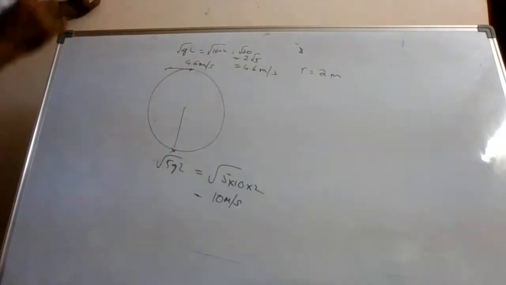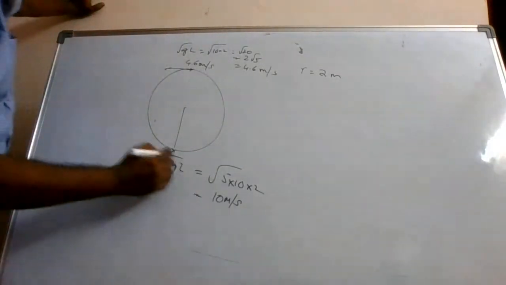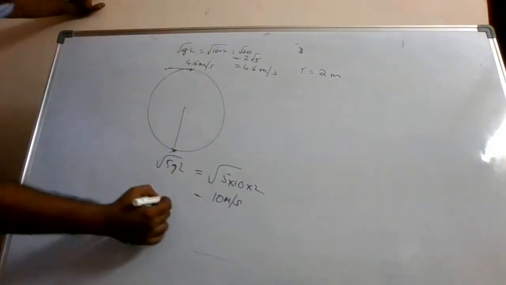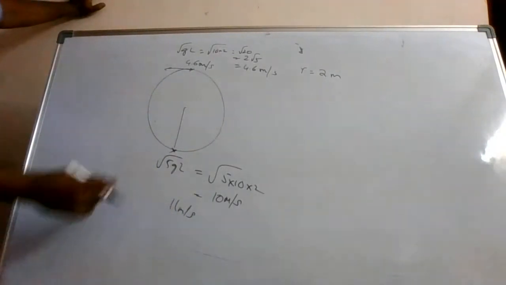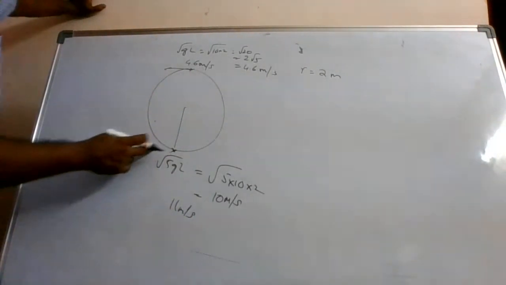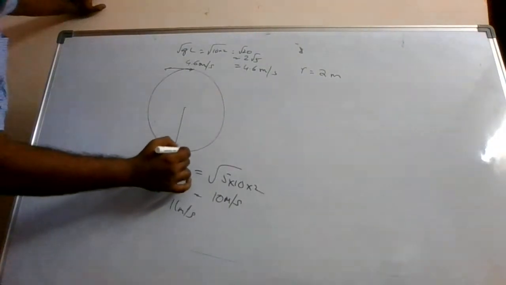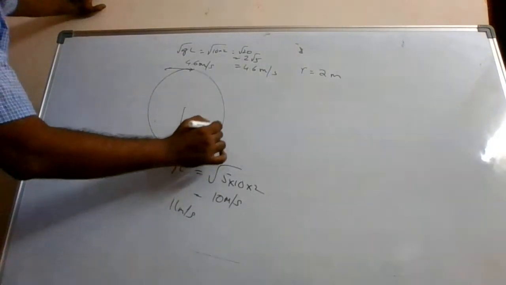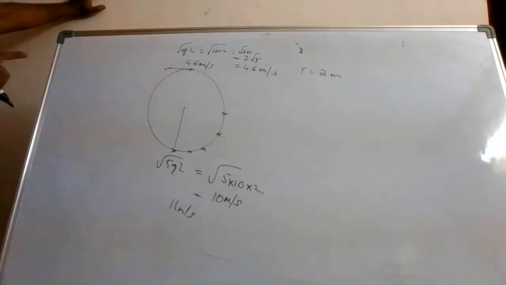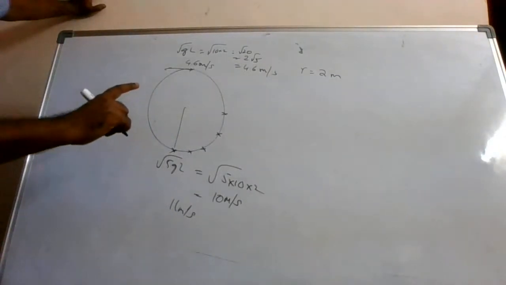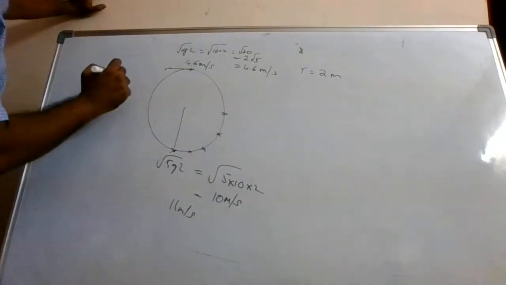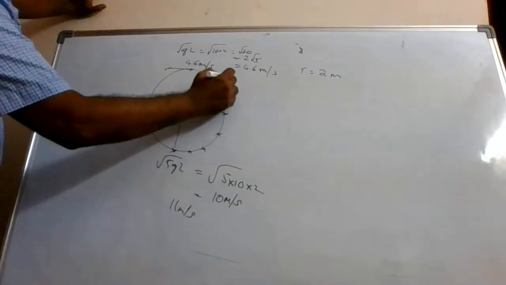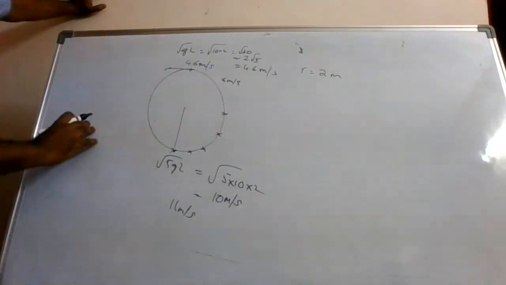So now you see carefully. Suppose at this point I give a speed which is 11 meter per second. Will the circular motion happen? It will happen. It will begin. But by the time it comes over here, its velocity is changing. Its velocity is changing, let us say. And by the time it came over here, the speed was 4 meter per second at the top point.